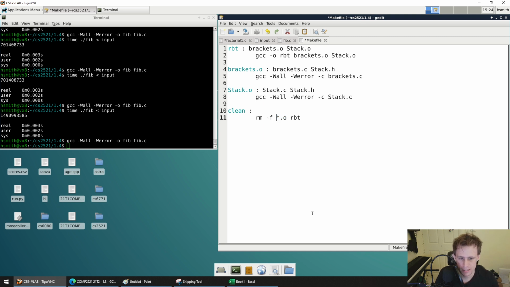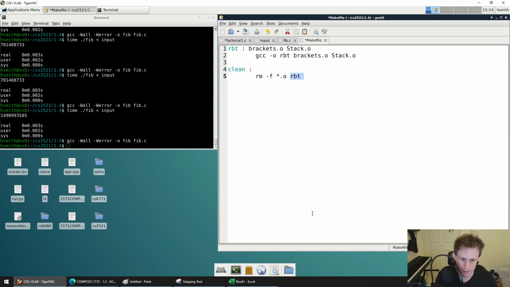Now, in this case it's actually really simple because we're only using one file. So I'll show you how you make a makefile for just one file. I would say that the executable we want to finish with, which is what we start with up the top, is called fib. And then fib is going to compile with just one file, which is fib.c. And then we have our GCC command, which will be gcc -Wall -Werror -o fib fib.c. So we're literally just writing our